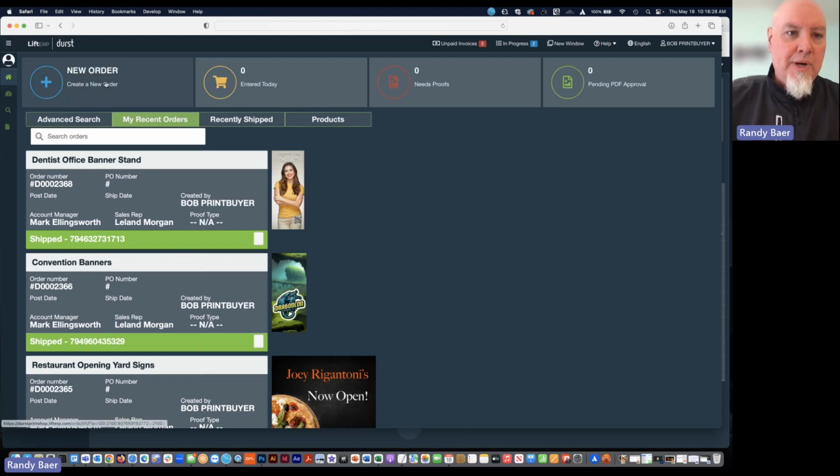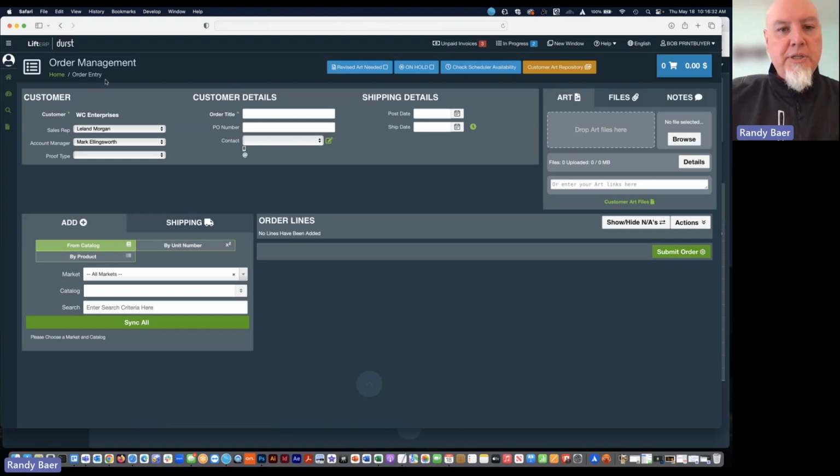In this instance, though, let's say we're going to create a new order. So we're going to start from scratch. We're going to make a new order. How difficult is it for a customer to place an order within a customer portal? Again, as the printing company, you have the ability to spec out what you want the customer to see and what is required of the customer to place an order. So here we just have one thing that we're requiring. We need to have an order